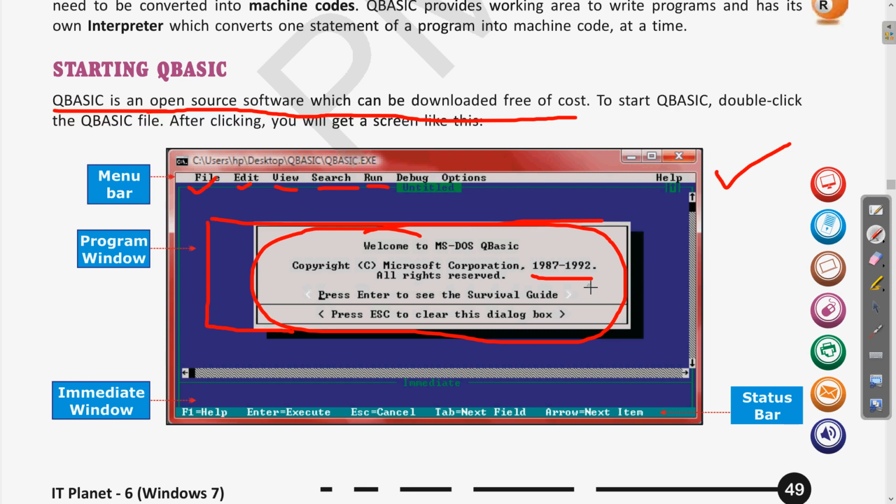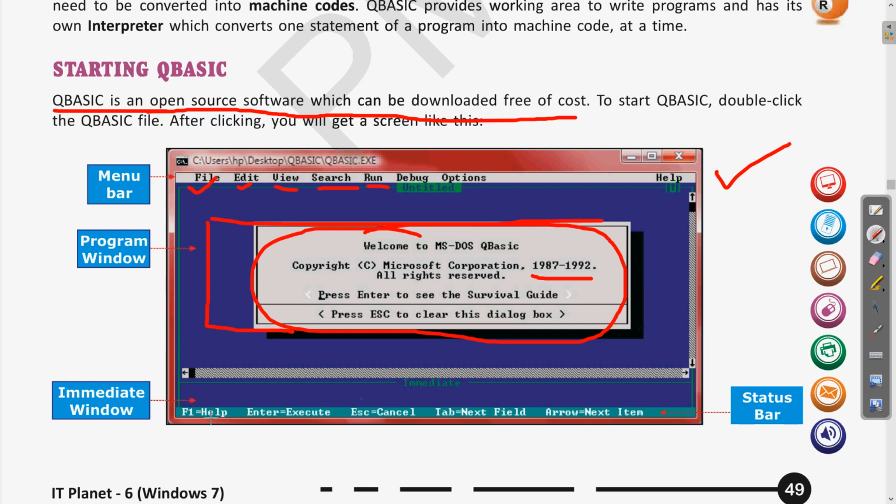Right now we are all using Windows 10. In Windows 10, if you need to install this QBasic, we will need some extra software, that is DOSBox or something like that. I will also try to install it, or else there are different other versions.